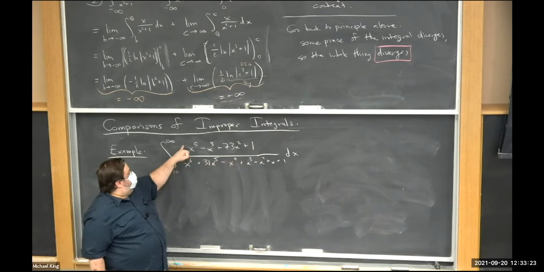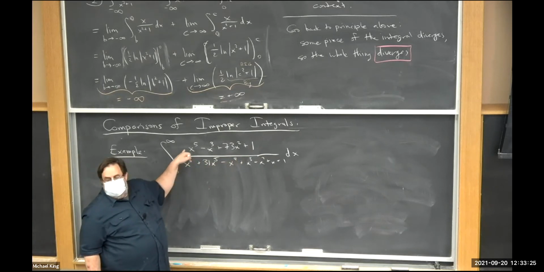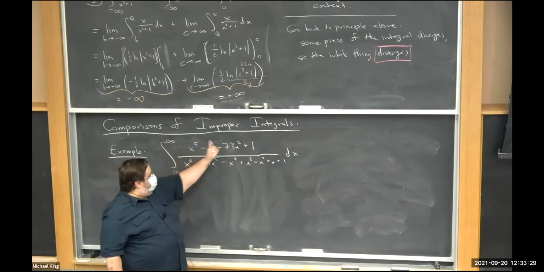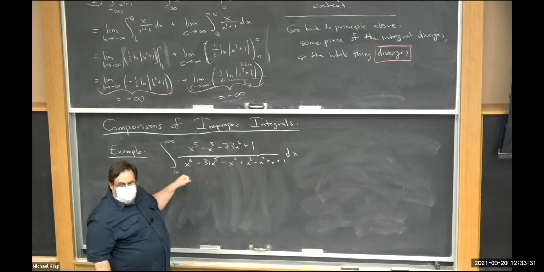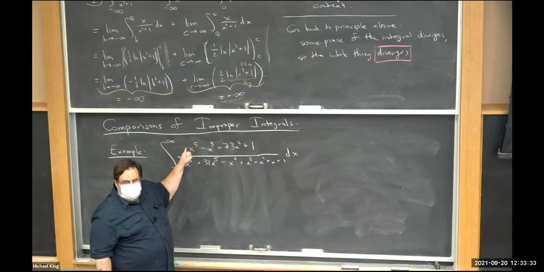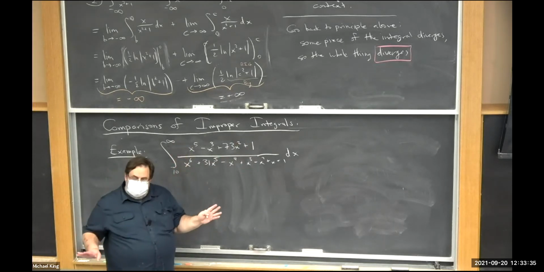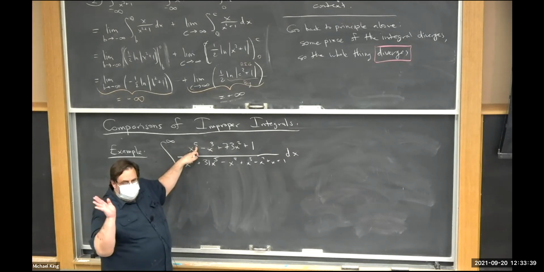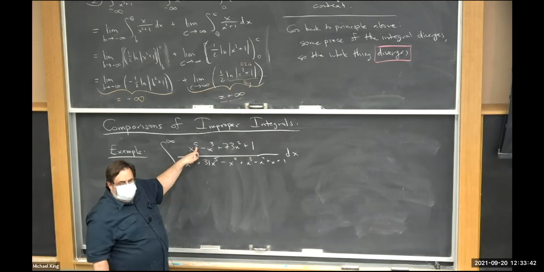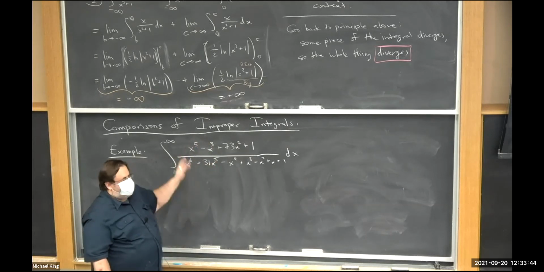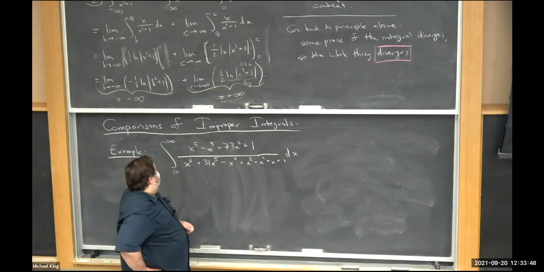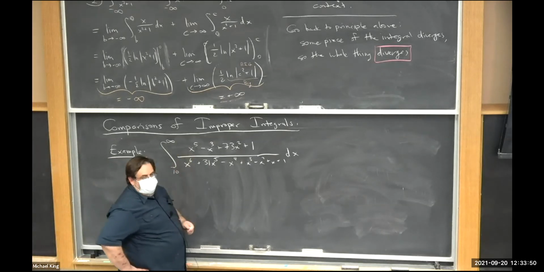On the bottom it's x to the 6th, and on the top it's x to the 5th, right? So the end behavior is that this whole thing will go to 0, because the bottom's larger degree than the top. So it has a chance to converge. If this was like x to the 7th up here, you'd immediately tell me it diverges, because this expression doesn't even go to 0, sorry. But you're right, it goes to 0, but if you just look at the biggest terms on the top and bottom,